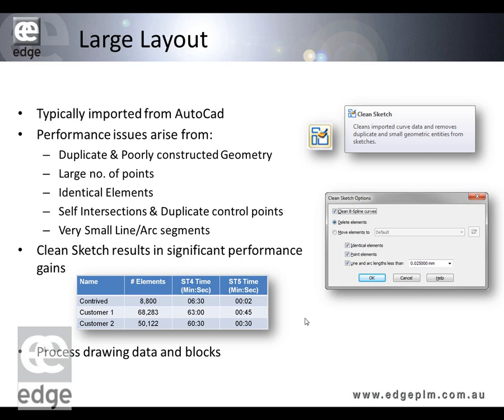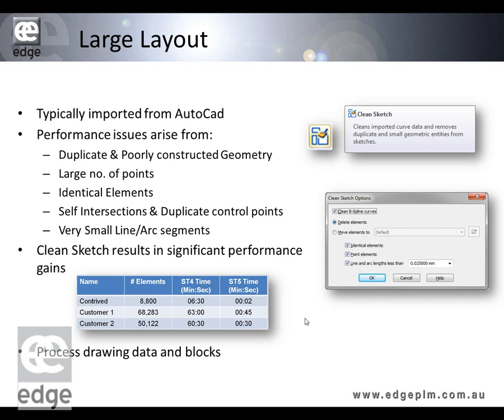A lot of these issues arise from things like you've got a huge number of redundant points in the file. You've got duplicate geometry, lines on top of lines, those things. Things that are poorly constructed. A lot of identical elements. You've got a lot of what we call self-intersects, and duplicate control points where we've got more redundant information in the system. And then you might have very, very tiny